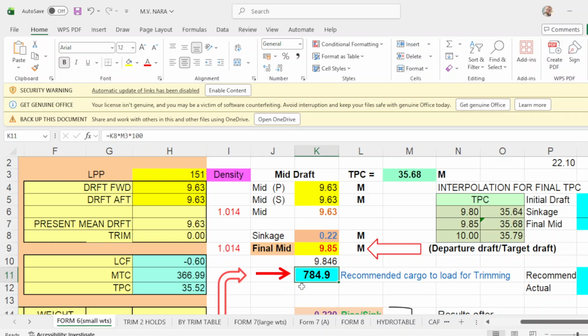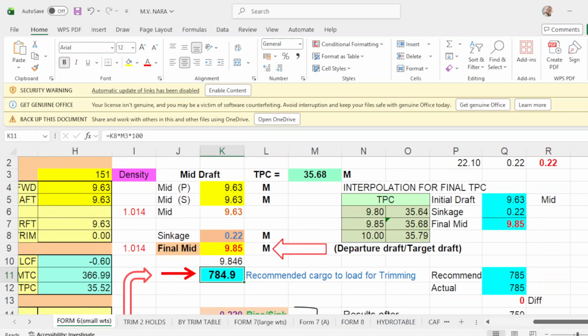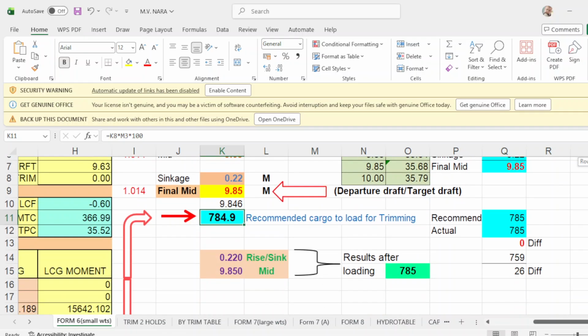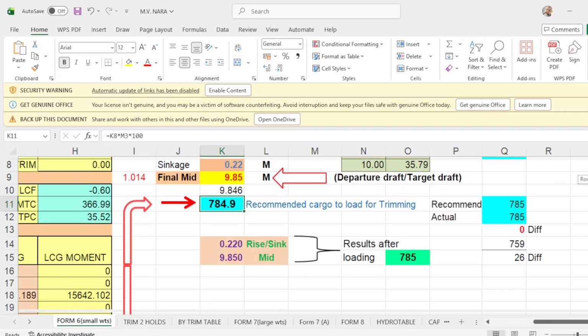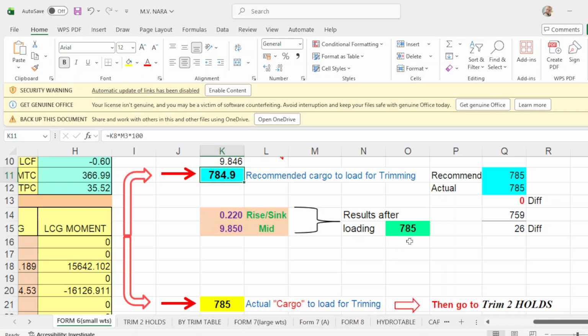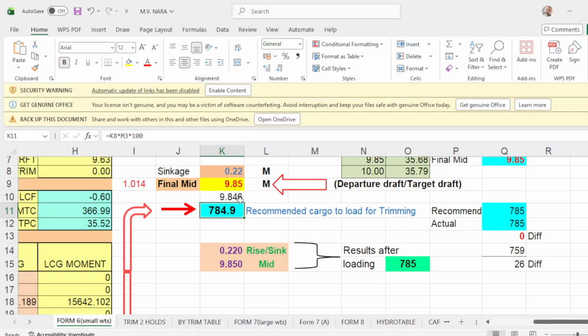And it will come up to 785, which is the recommended is 785, and the actual, if you put the actual weight of 785, then you will have exactly departure drop of 9.85, which is the same here.